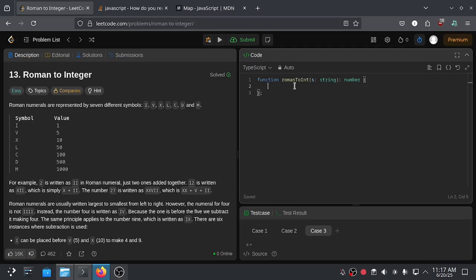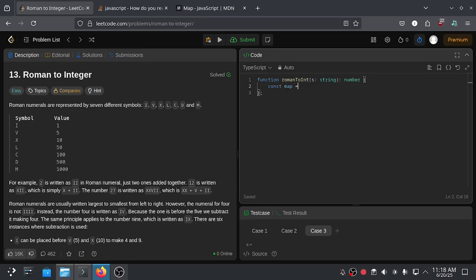Before that, we need to map the symbols to their respective values by using const map. Let's move this for a moment.